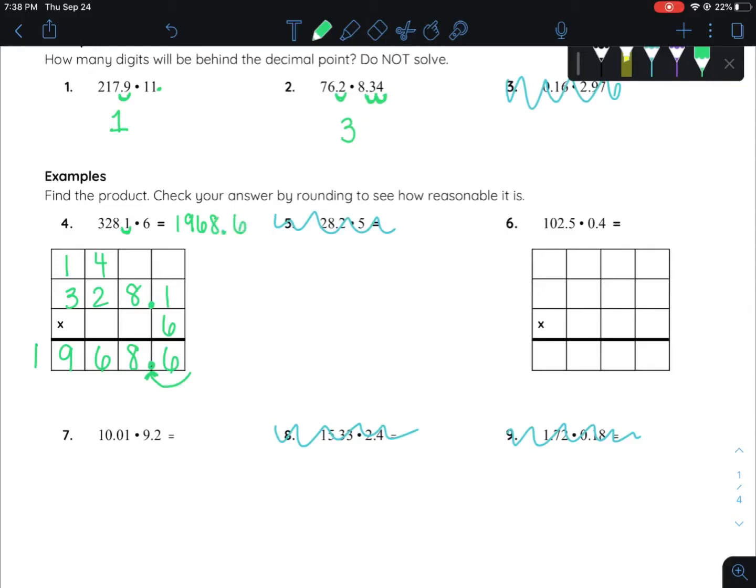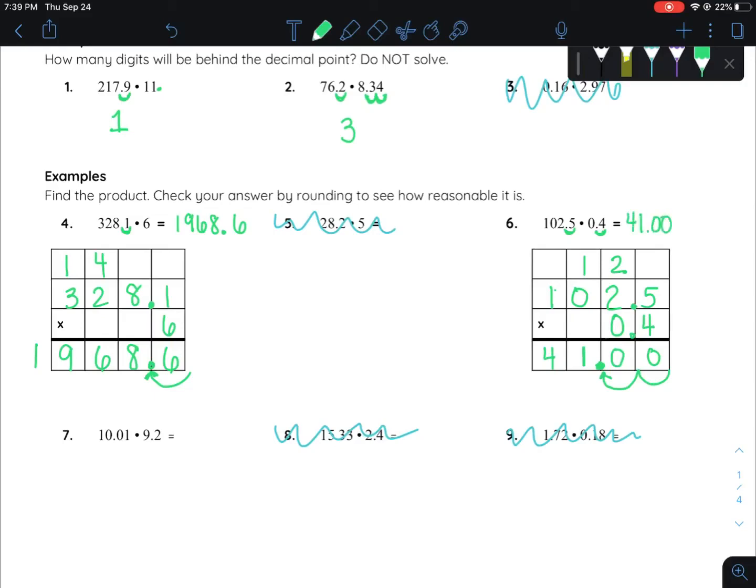Okay, number 6, 102.5 times 0.4. Same thing, 4 times 5 is 20. Carry the 2. 4 times 2 is 8, plus the 2 is 10. 4 times 0 is 0, plus the 1 is just 1. And then 4 times 1 is 4. Now, in our two numbers being multiplied, we have the 5 in the tenths place and the 4 in the tenths place. There are 2 decimal digits behind the decimal point. So in our answer here, we're going to go 1, 2. And we're going to put our decimal there. So we got